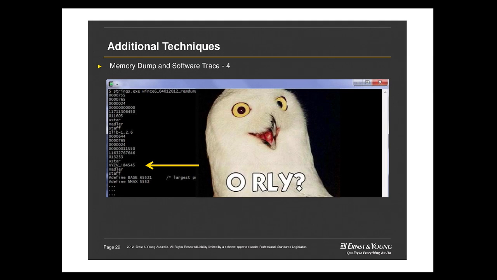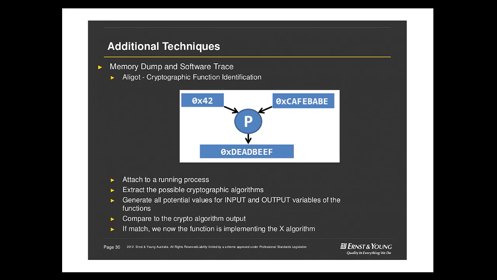As we have just said, encryption functions or obfuscation techniques within application vendors can be a problem in terms of analyzing the program. A very interesting analysis technique developed not so long ago is called aligot. Basically, this application attached to a running process hooks itself and identifies potential encryption functions into the process flow. Then we generate as many potential inputs and as many potential outputs as possible, and we compare we hook to, in this case, P,